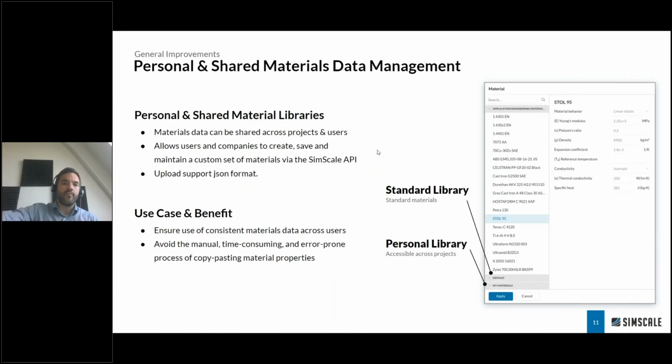And so one step further is now, for an enterprise or a Teams account of Simskill, also the ability to define a set of materials centrally and share them in a safe way across the entire team, across all users within an organization on Simskill. And that obviously is something that an organization wants, to make sure that appropriate materials data is being used for simulations, that there's control over that, and that best practices are followed. And so such a shared material library is good for